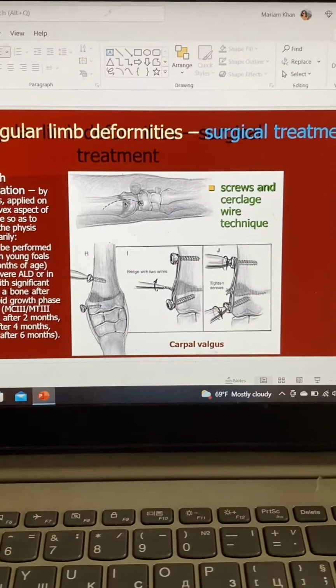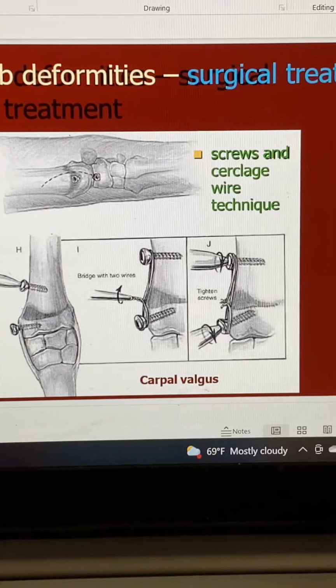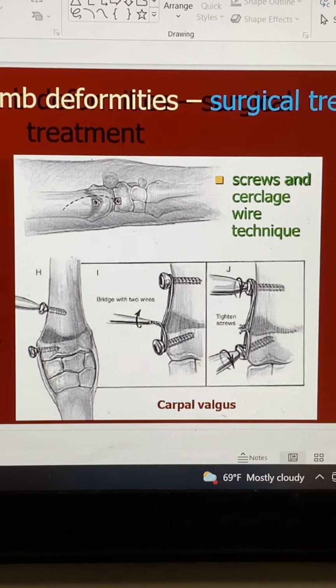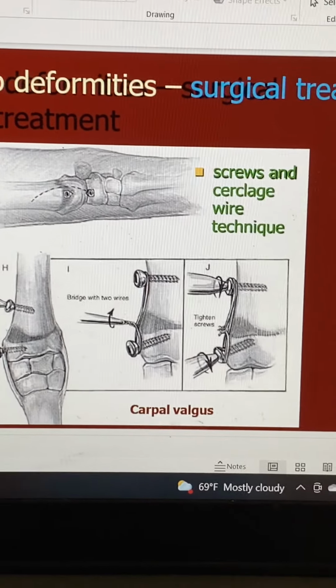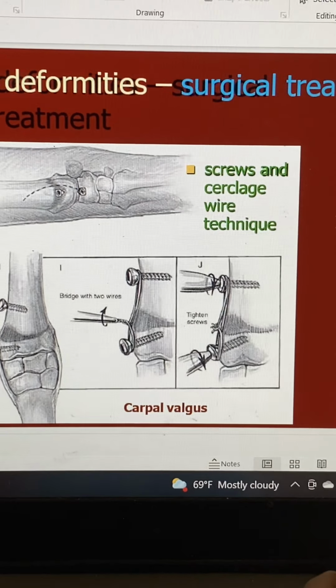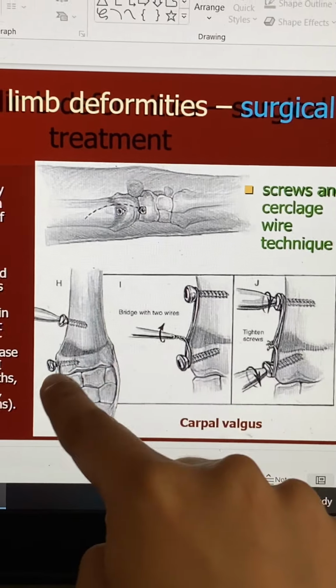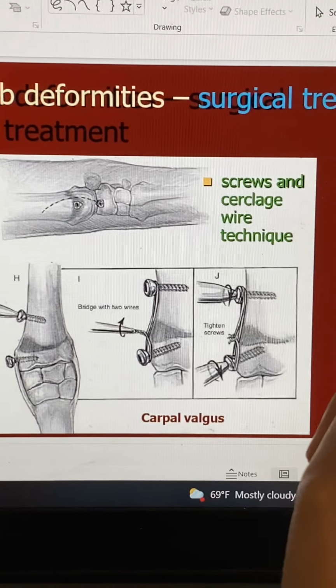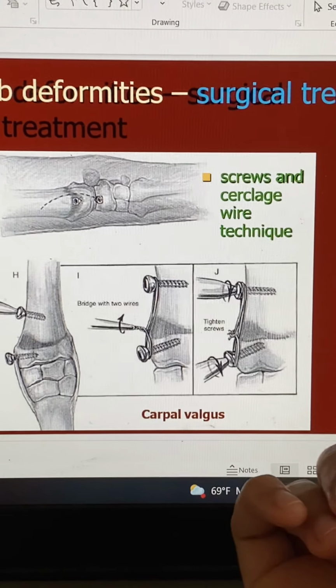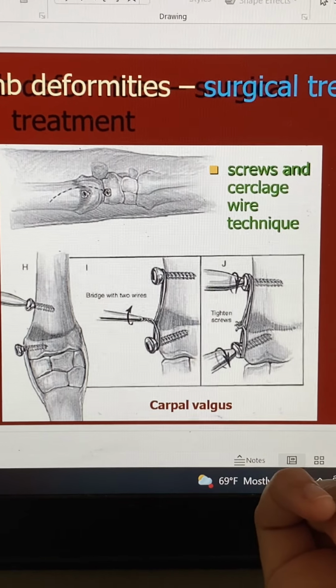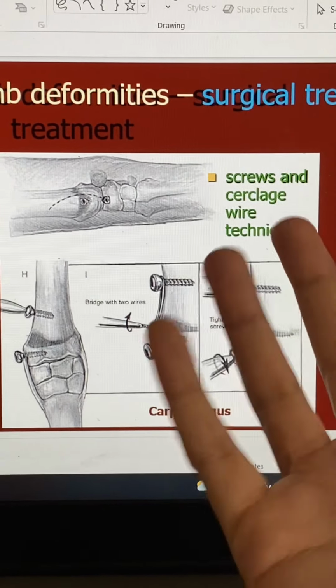Anyway, so there are more surgical techniques, of course, for angular limb deformity. So there's also growth retardation cases. So we can put implants on the convex aspect of the bone to bridge the physis temporarily. So basically here and here. This should be performed in young foals less than 3 months of age with severe ALD, so angular limb deformities,